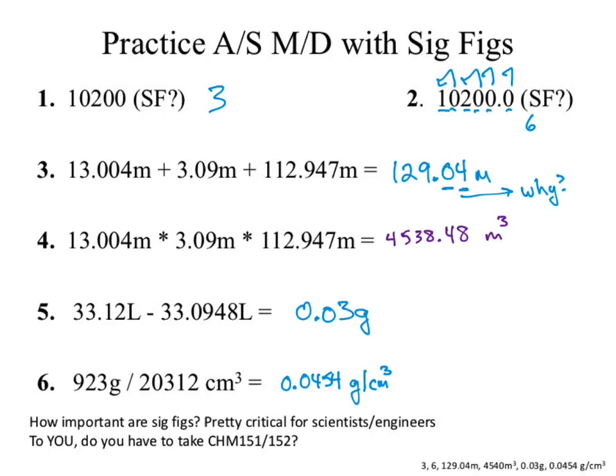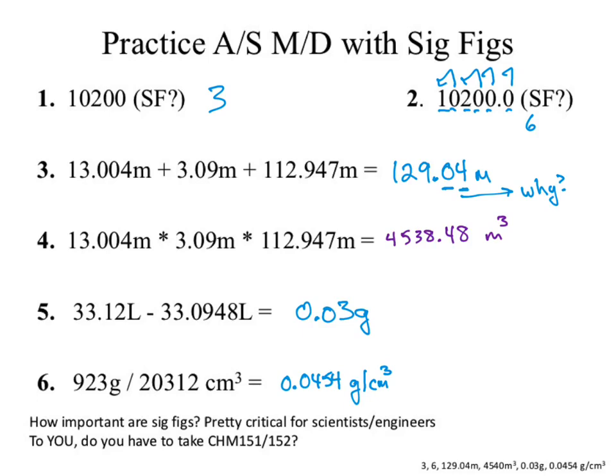So if we go through the top one, 3 sig figs, only that first 0 is significant. The last 2 are not significant because there's no decimal point. We have to have a significant digit to the left and to the right. For number 2, which shifts to the upper right-hand corner, all the zeros are significant because they all have a significant digit to the left of them, so you get 6 sig figs.